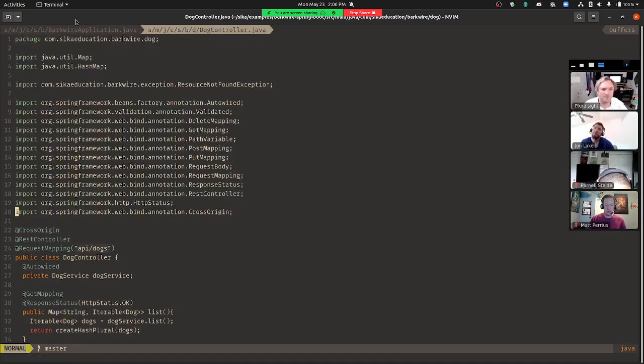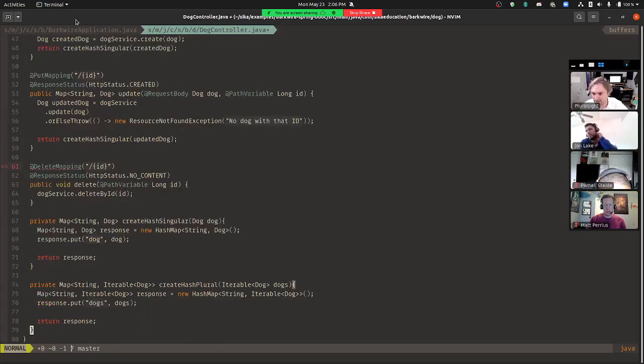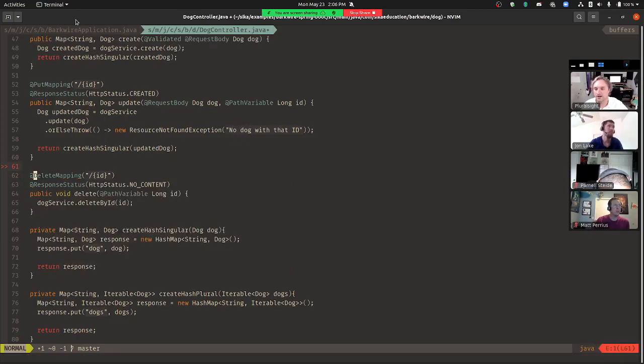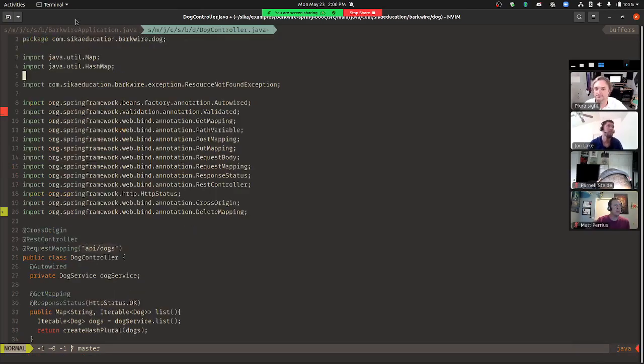Nobody wants to type all that out by hand. Figure out your VS Code shortcuts. The way it works is whenever you use one of these, if I didn't have this DeleteMapping thing in there, it gets mad at me and says, hey, you don't have a DeleteMapping. And then I run my little compiler tool and say, oh, can you import that for me? And then it gets added. You always want to be using your editor tools for stuff like that. You will type it out wrong.